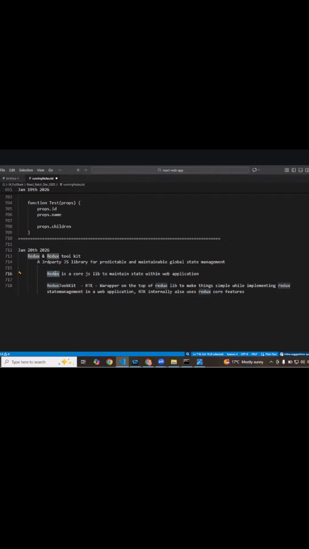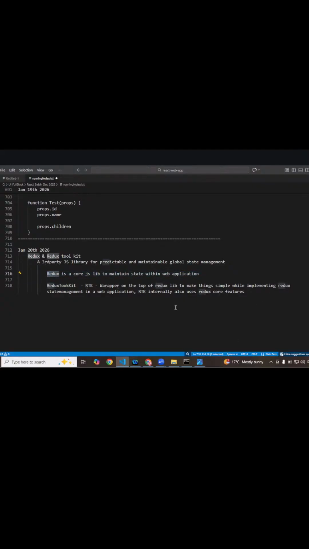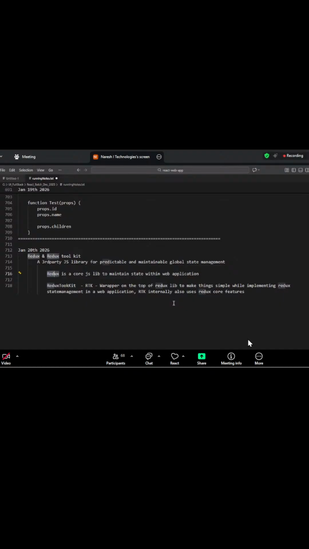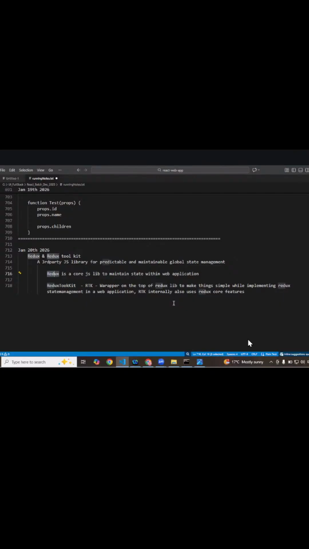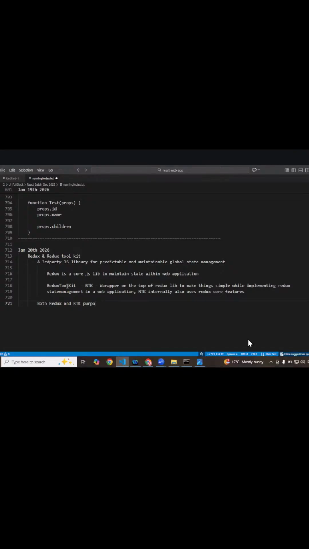But yeah, it's a simple thing. Redux is the core. On top, they have come up with something called Redux Toolkit, which is a wrapper on top of existing Redux to make things simple. That's it. The main advantage of going with Redux is simply to implement state management in any web application. We go with Redux Toolkit, which has been introduced latest. Are we clear? Okay, so both Redux and RTK, Redux Toolkit, purpose and use,